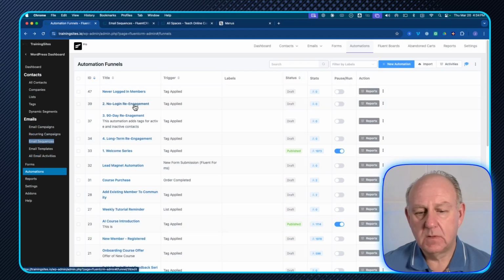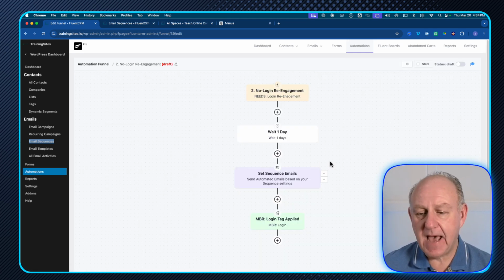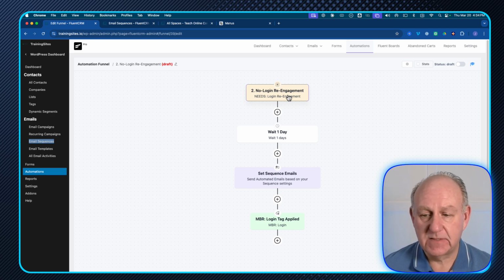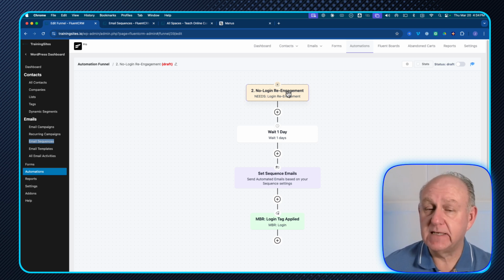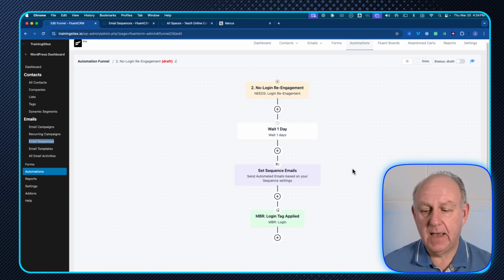That one's running perfect, but still some people may not actually log in or get involved. So I've got to make sure that I can say, hey, you know what? We need a little bit more here to help out. If that's the case, they get added to the no login re-engagement one. The way that one works is I have a little automation that runs once a day that says if someone, in this particular case, has not logged in in the last 14 days and doesn't have that member login tag to know that they did it in 14 days, I wait one day and then I have a sequence